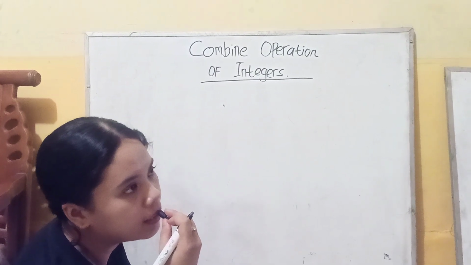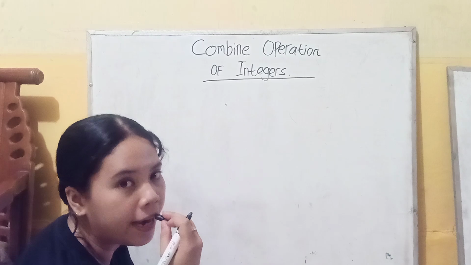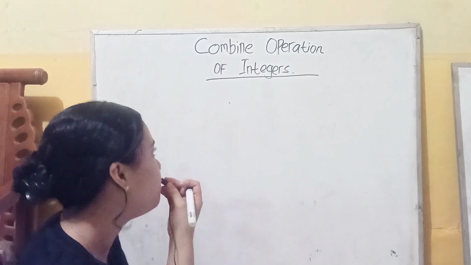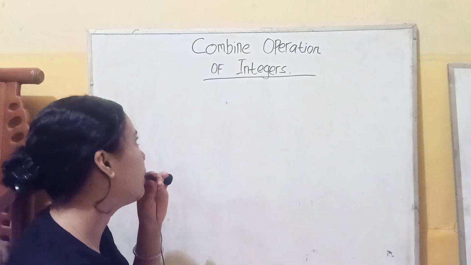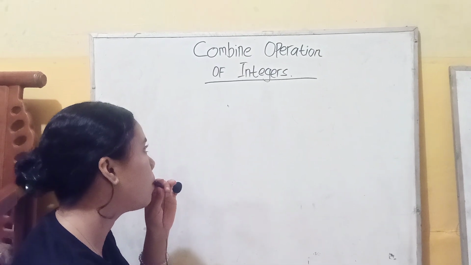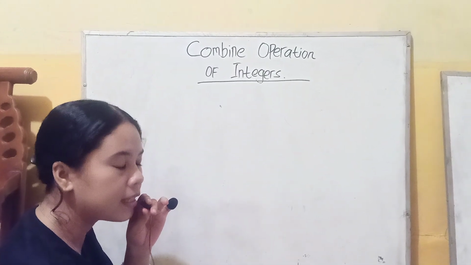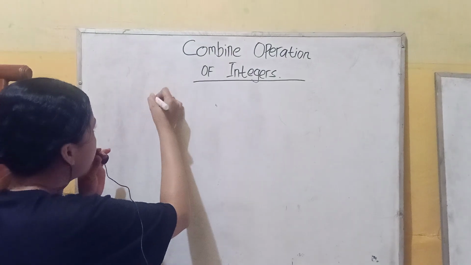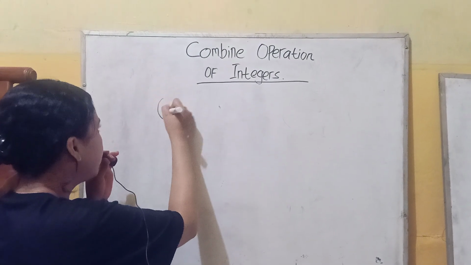And then for the operations in the brackets or in the parentheses, you should solve them first again. So here, I will give you the combined operations for whole numbers first, later on the fractions. So here, let's say I have